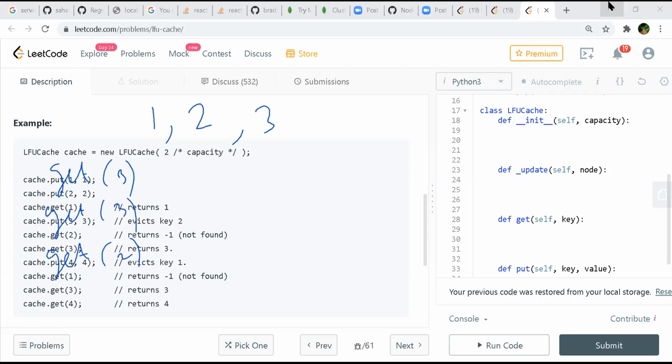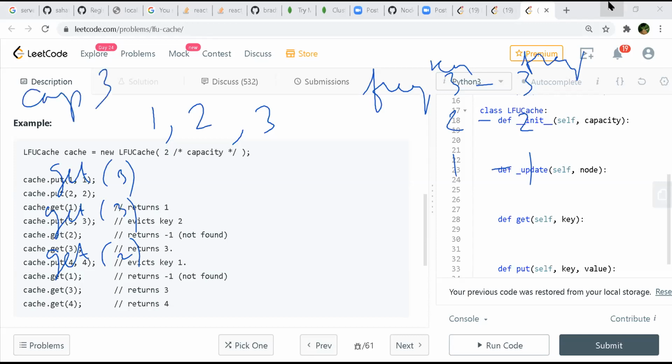So your frequency map will be something like for 3, it will be 3 because we already have 1, 2, 3 in this, and then this 2 will be 2 and 1 will be 1. So these are the keys and these are the frequencies. And next time I am putting 4 into the map. So our capacity is 3, and now you are trying to put 4. 4 has some value, something like 10. We don't care for that now.